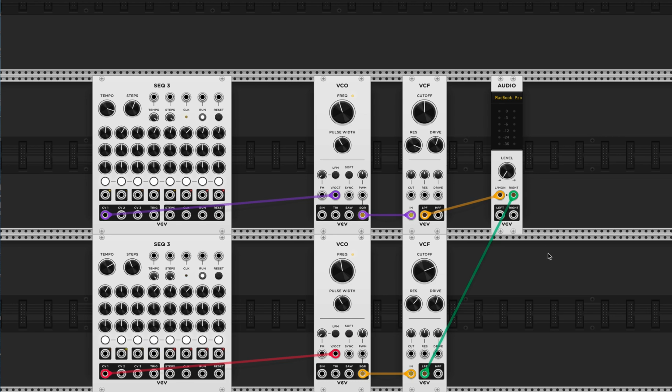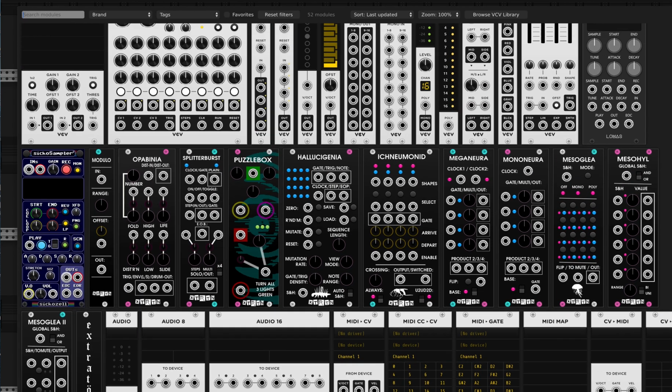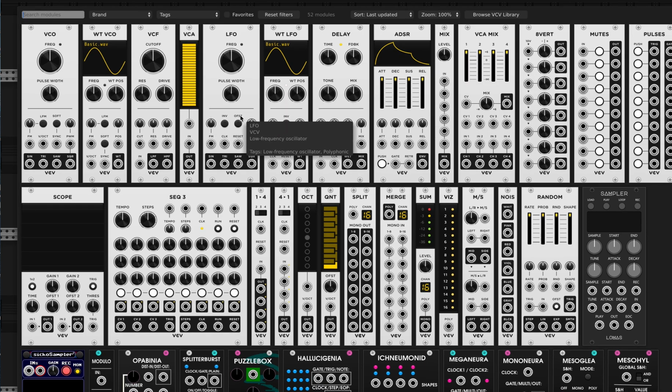Right? There are modules in VCV Rack that are MIDI modules, MIDI to CV, MIDI to control, continuous controller CV, MIDI and gate, MIDI map, CV and MIDI, CV to MIDI. So you can use a combination of synthesis modules that work independently of anything else in VCV Rack in combination with other software, and use the modules of VCV Rack to generate MIDI information as well, which expands the possibilities even